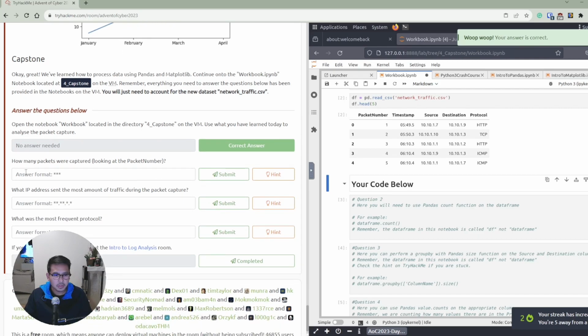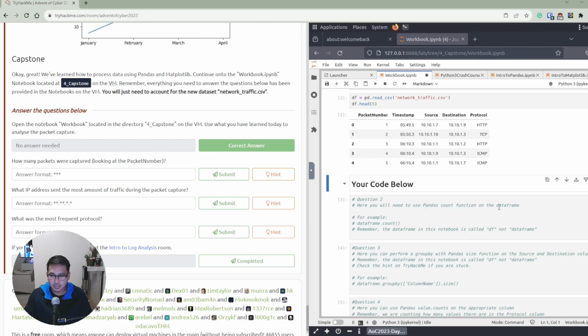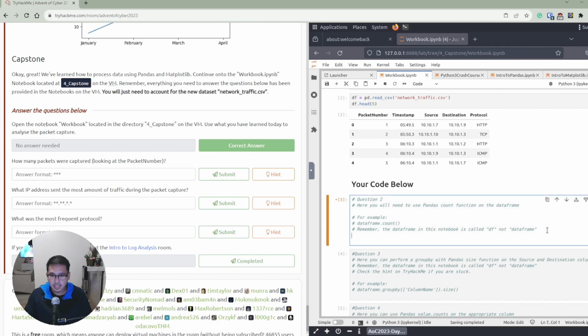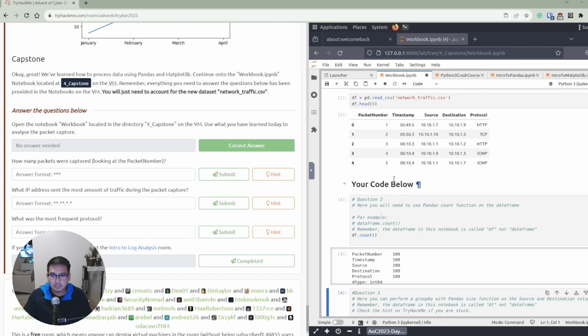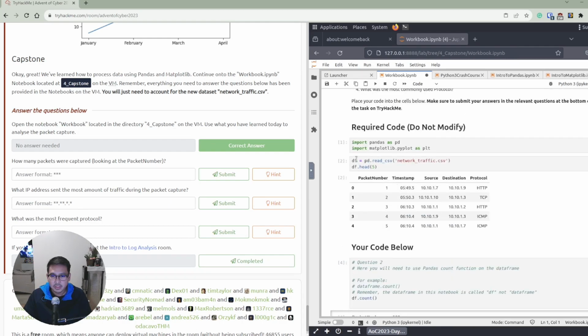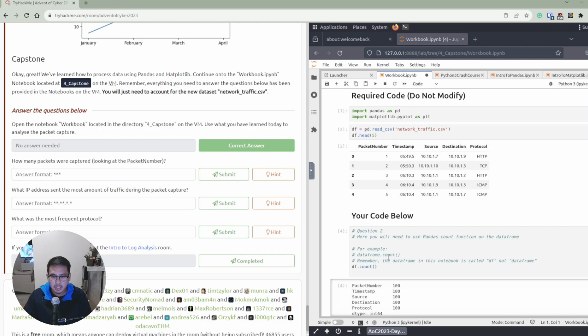So this is how many packets were captured. So looking at the packet number, we need to use the pandas count function on the data frame. Okay, so at least it gives you an example there. So from here we can edit. We need to call the data frame, so we're calling this variable with a count. Like, let's say here df.head 5 only shows 5 lines,